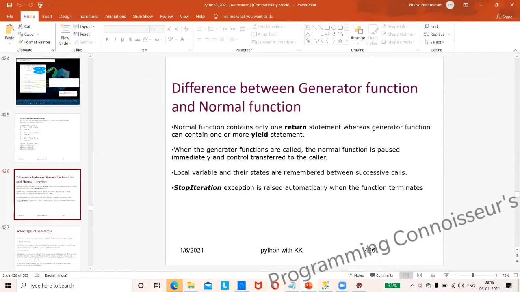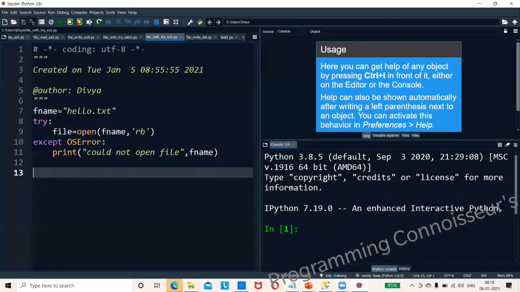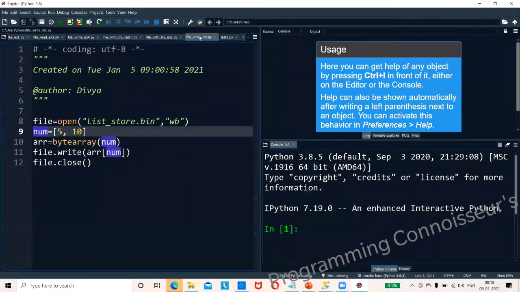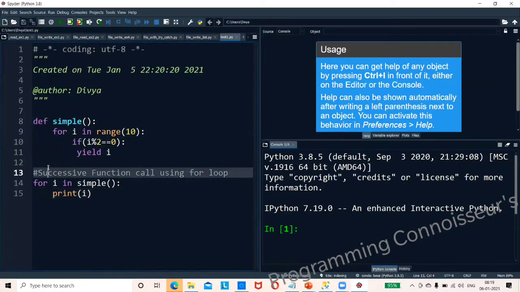So we'll go to an example. We have written a simple function which will go through a range of up to 10, and whenever it is an even number, rather than a normal return, we are doing a yield call, a generator call.